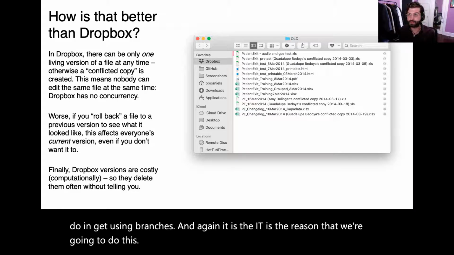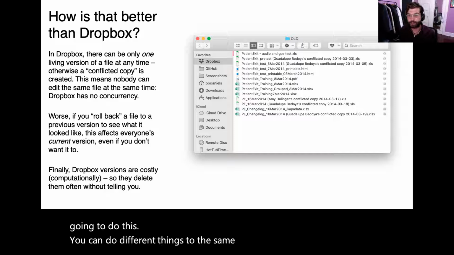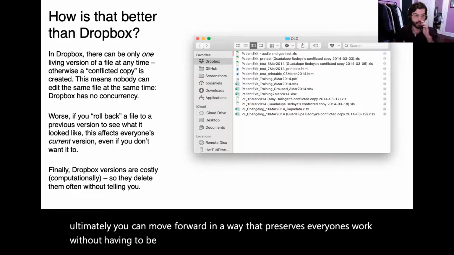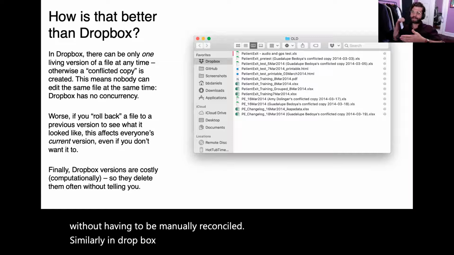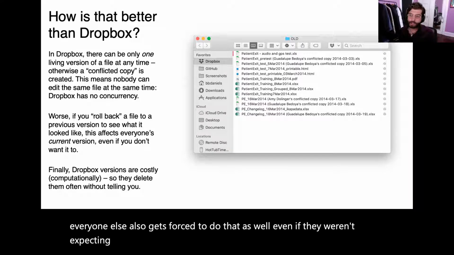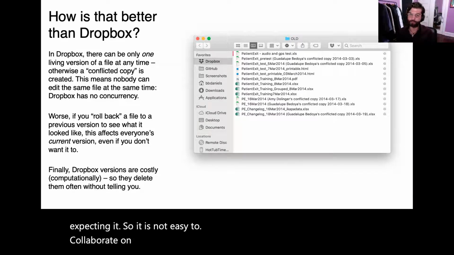You can do different things to the same file at the same time. And ultimately, you can move forward in a way that preserves everyone's work without having to be manually reconciled. Similarly, in Dropbox, if you're rolling back a file, everyone else also gets forced to do that as well, even if they weren't expecting it. So it is not easy to collaborate on these kinds of things through Dropbox because of the way it's built,